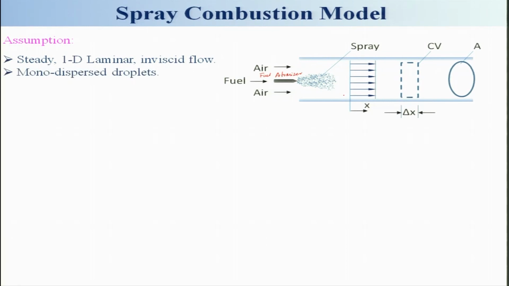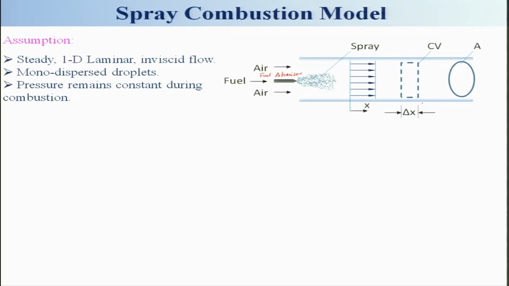And monodispersed, as I told, means the droplet size distribution will be the same. Of course, you can extend this to polydispersed droplets, but that will be quite complex. And pressure remains constant along the x direction during combustion, along the length of the combustor, which is shown here,